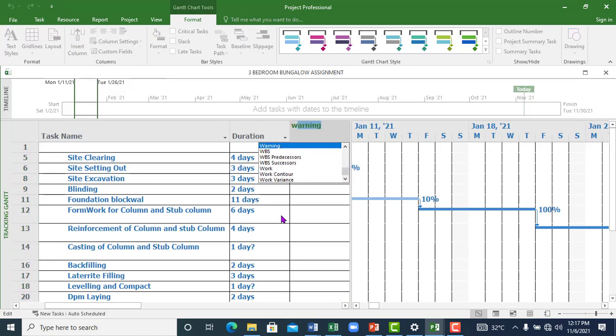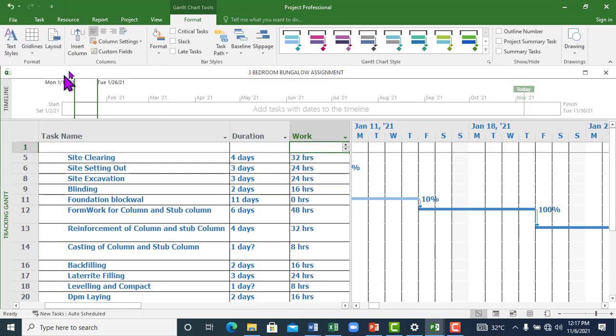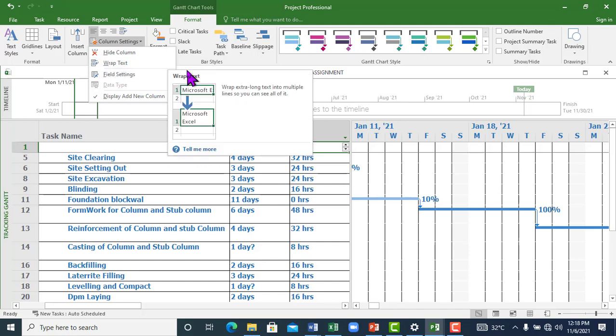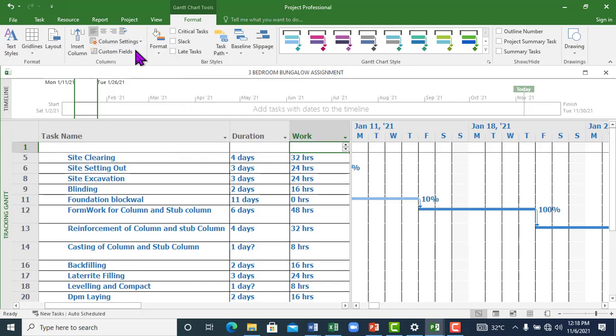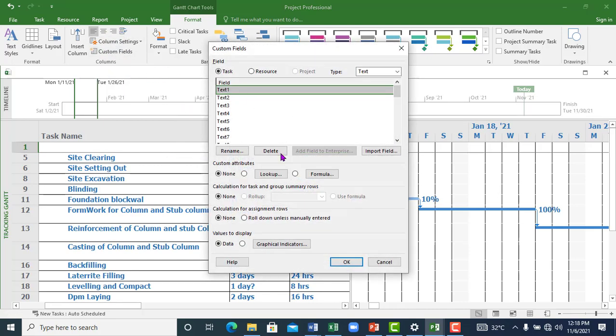If it's work you want, just click work. You can use this to insert your column. You can do your column setting from here, add the setting, you can fit settings, you can wrap your text from here, you can customize your fields. What this does basically is, apart from all the different manipulations that you have in Microsoft Project,